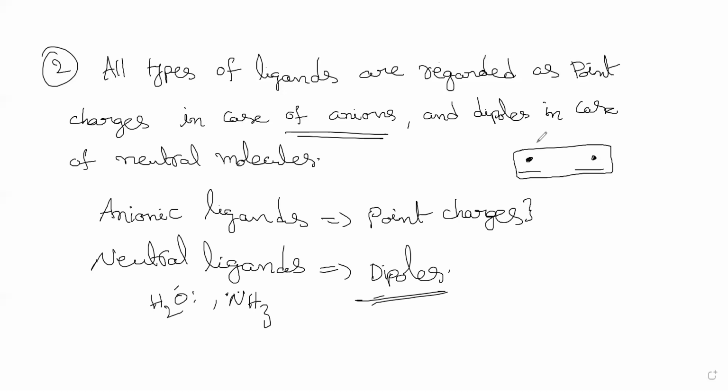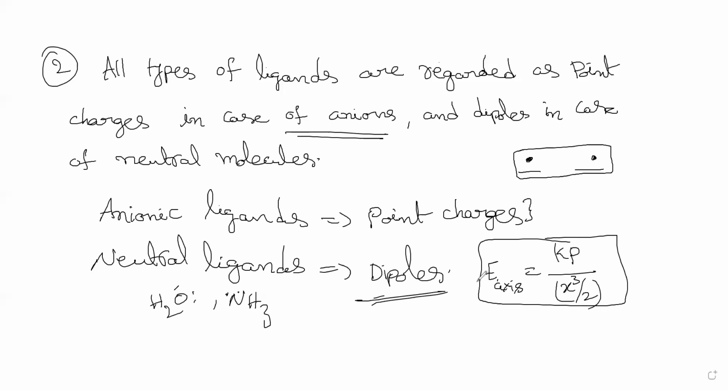So they are considering it as point charges. And dipoles, you know, you read in physics, dipoles are very short dipoles, how the electric field will be. So you have read that E axial and E equatorial. E axial is 2kp on cube of x. You would have read that kp on cube of x like this. So I remember like this. So axial, equatorial. You have read all these things, okay? So it is like this.